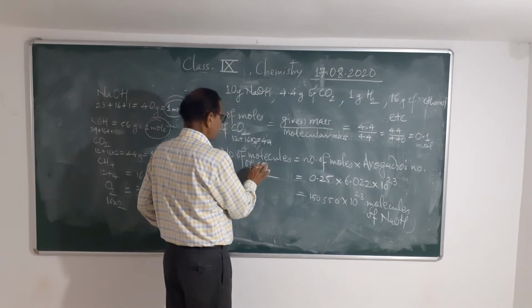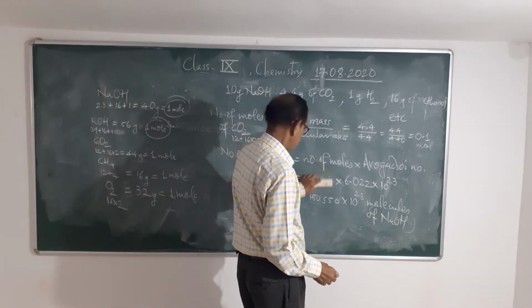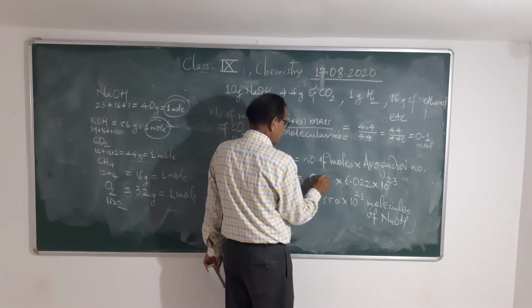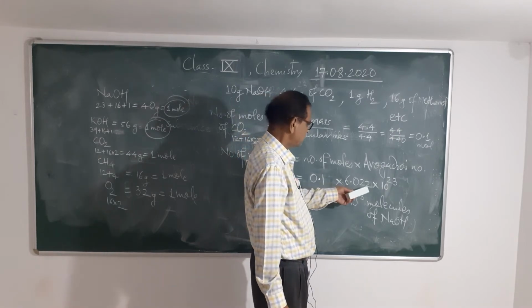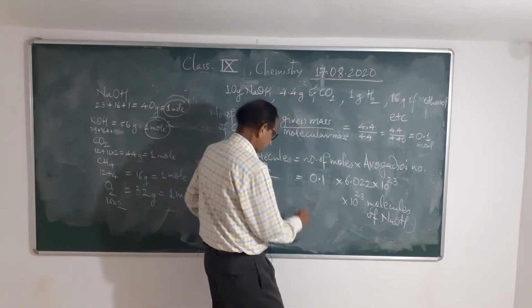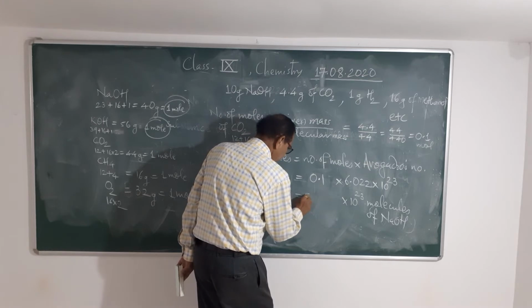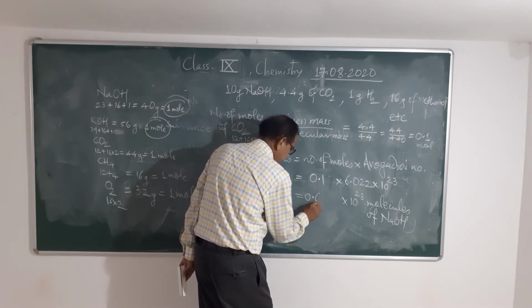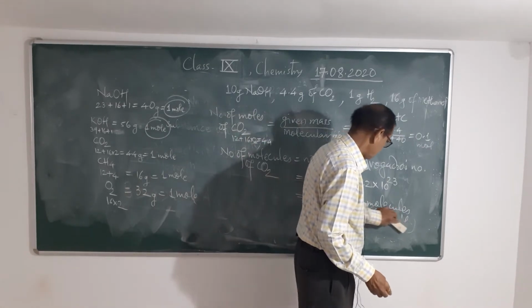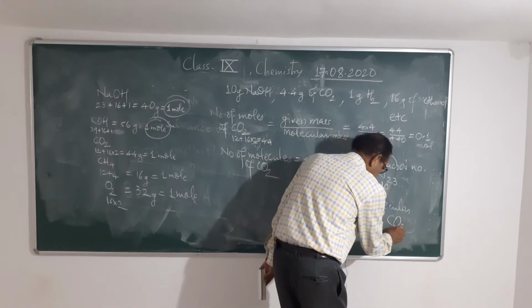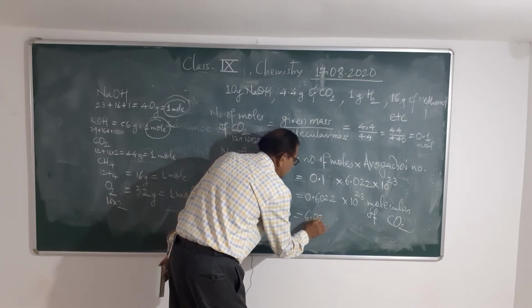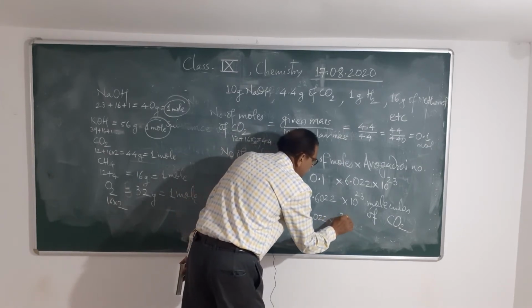Number of molecules of CO2 is equal to number of moles multiplied by Avogadro's number: 0.1 into 6.022 into 10 raised to the power 23, which is 0.6022 into 10 raised to the power 23 molecules of CO2, or we can also write 6.022 into 10 raised to the power 22